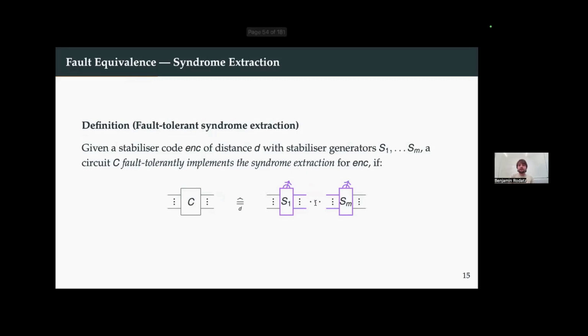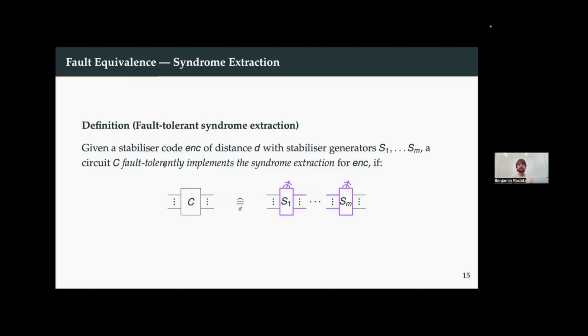Going through another example, fault-tolerant syndrome extraction. This is something you have to do if you want to do error correction, right? You have to measure all your stabilizers and get your syndrome to then do your decoding and correcting. So fault-tolerant syndrome extraction is the idea that if I have a generating set of my stabilizers S1 through Sm,